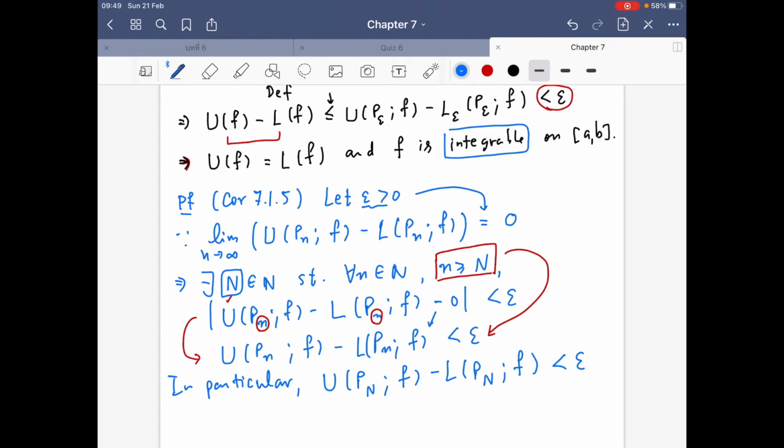So from theorem 7.1.4, your f is integrable over this closed interval from a to b, okay, and you got this corollary. All right,